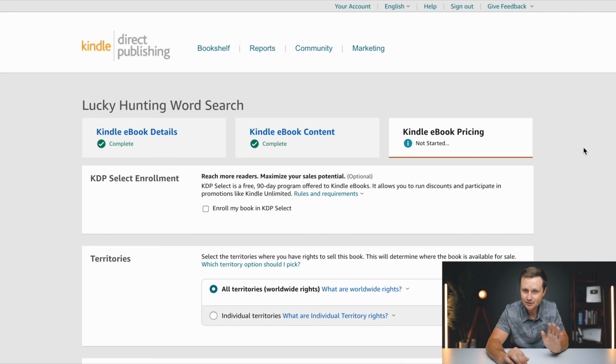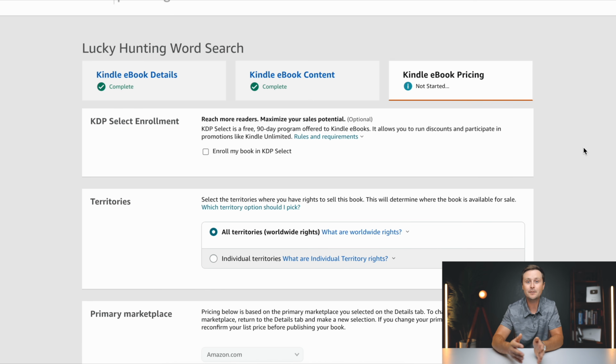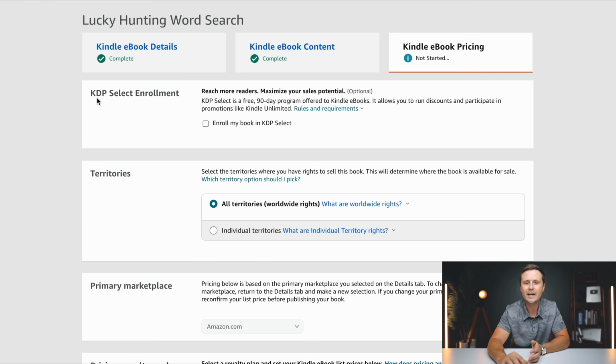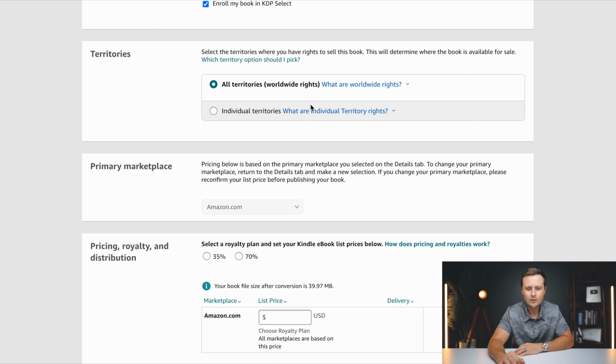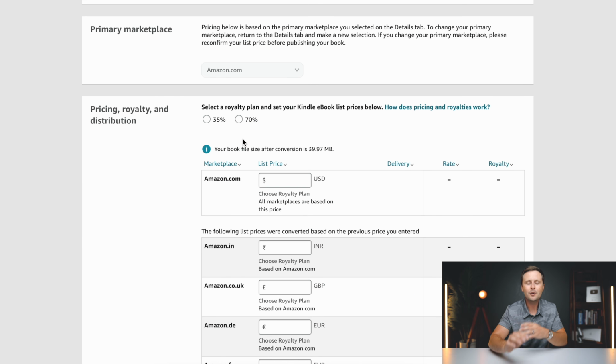And these are now the last two things that you need to know for an ebook that's different from a paperback. So the first is KDP Select Enrollment. I recommend turning that on. You're basically just telling Amazon that you are exclusively going to sell your ebook on Amazon, which is already the largest ebook platform out there. And I'll also say here, by turning on KDP Select, Amazon kind of puts an unspoken priority on your ebook. So once that's turned on, leave all territories the same, scroll down here,